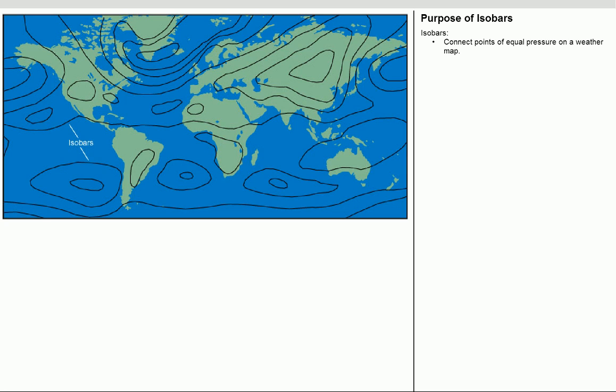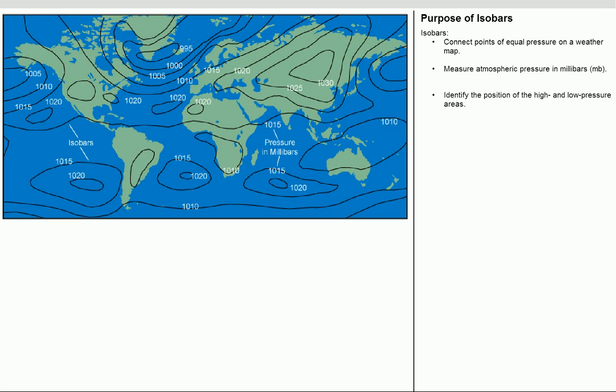Isobars denote a measurement of atmospheric pressure in millibars. By using these isobars to connect areas of equal pressure, meteorologists can identify areas of high and low pressure. The resulting pattern of the isobars on the weather chart illustrates the pressure gradient pattern, which is the change in